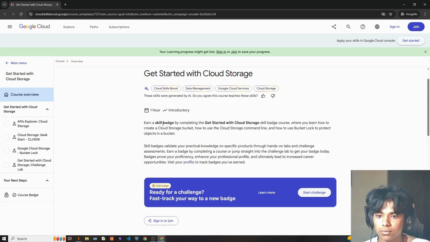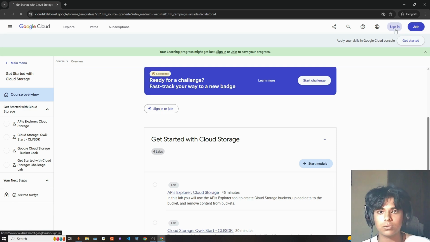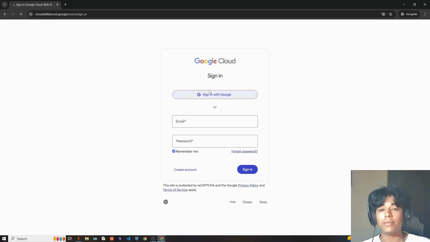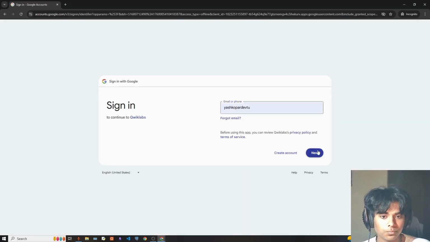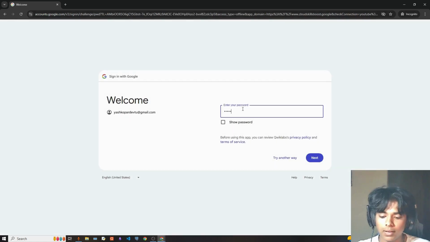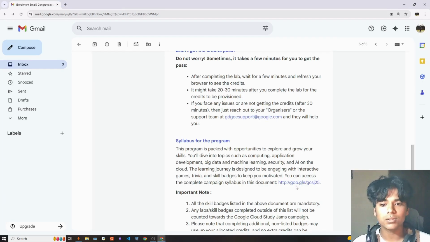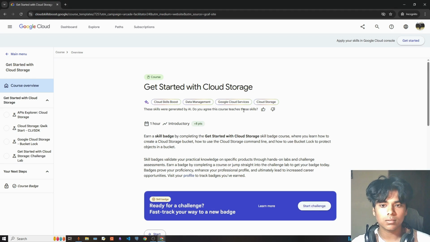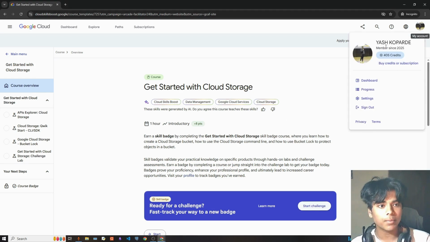Now, the first thing that we have to do is to sign in with the Google account that we newly created in the registration form. For me, it is YashKopadi. I'll quickly type in my password. Okay, so now that we have signed in,